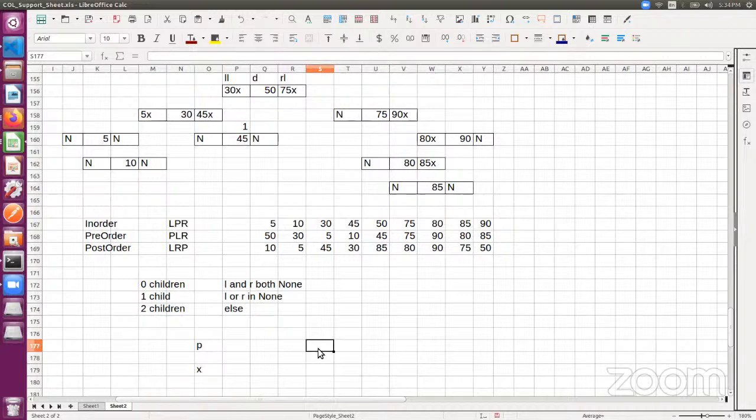Let me write the logic here. Can anyone tell the logic? Just check where X is linked with P, whether the left side or right side. Using what can we check? Using data. So what is the condition? If X dot data is greater than P dot data,